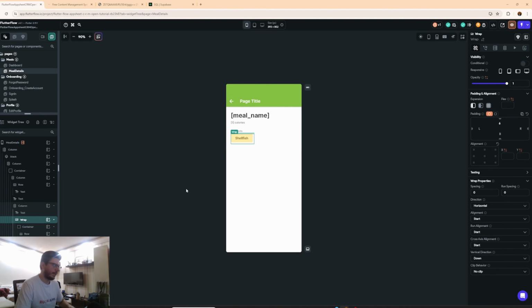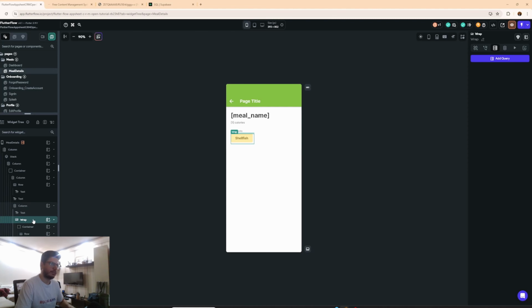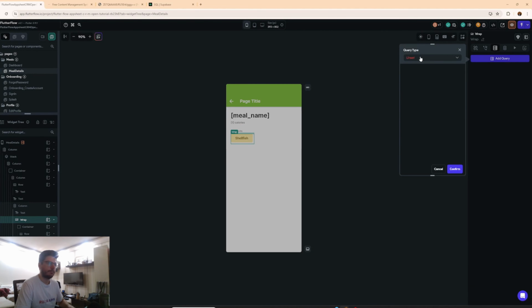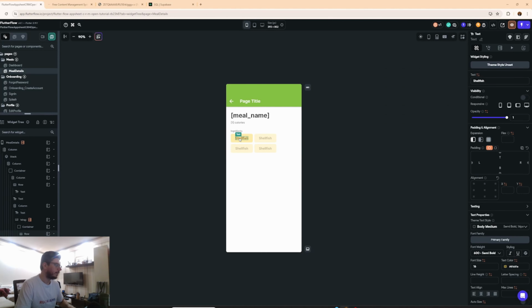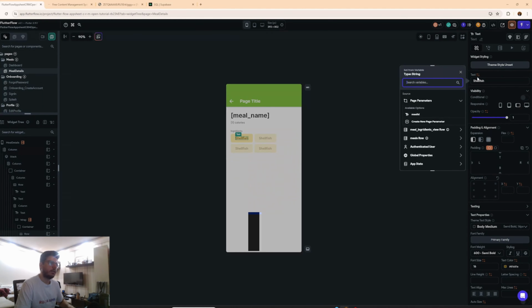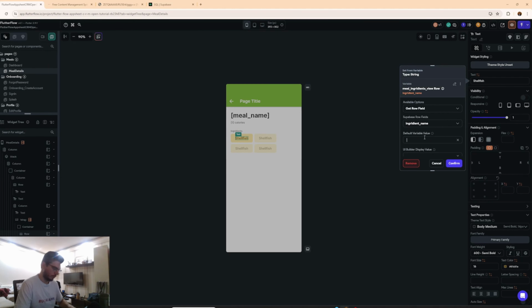And let's add this data to our categories row. Select row, add query, Supabase query, meals ingredients view, list of rows, confirm, and let's add the name of the ingredient. Click on this text, shellfish, meal ingredients view row, ingredient name, let's select none,